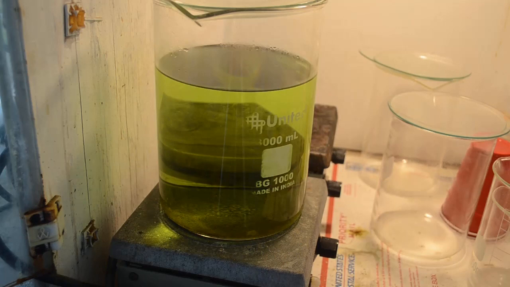All right, so this is what it looks like the next day. The gold has settled out. Looks like there's a fair layer of gold down there. The liquid's a little greener than usual on these drops. Guess I must not have done quite as good a job of getting all the base metals out of it,